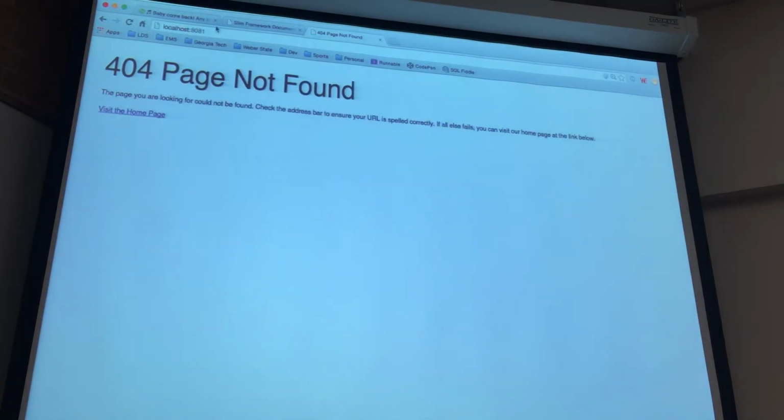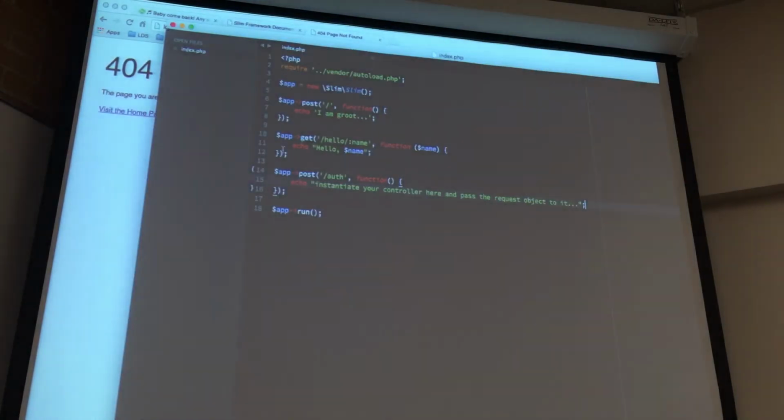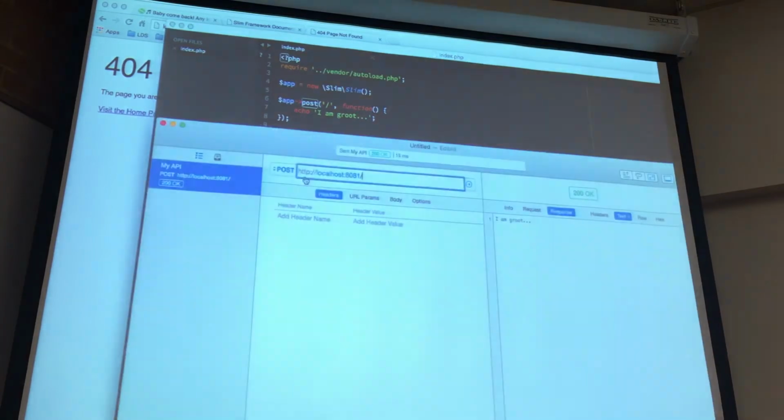I added the auth endpoint, but remember in our mock design discussion up here, we made it a post. So in the code, I made it a post. So I can't do it through the browser, I have to do it through here. And the response is,